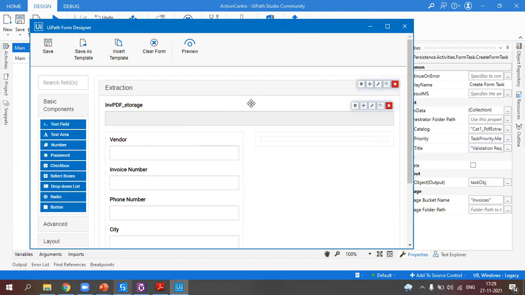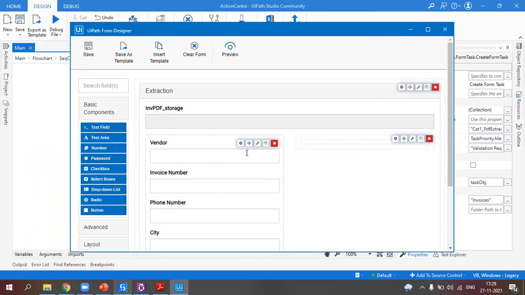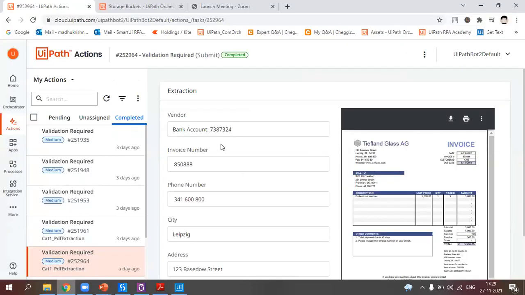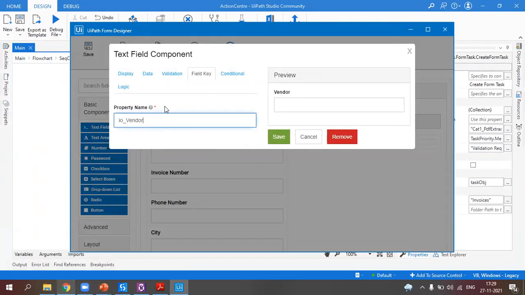So let's discuss these points. I'll come back to this one later. For vendor, we have to assign the argument, the variable which we assigned, which is scraped. We click on edit, and then we give that name here under field key. For now, I've made that an input argument, because once the vendor has been placed in the form, the user might assign it to himself and edit. If there is a mistake, he will edit it and then click submit. That information has to come back and be assigned to the variable again, and then that information will be stored finally. That's the reason we made it an input argument.